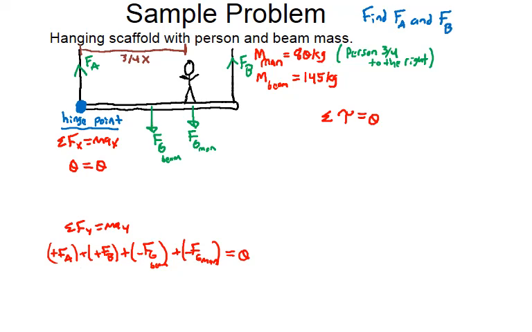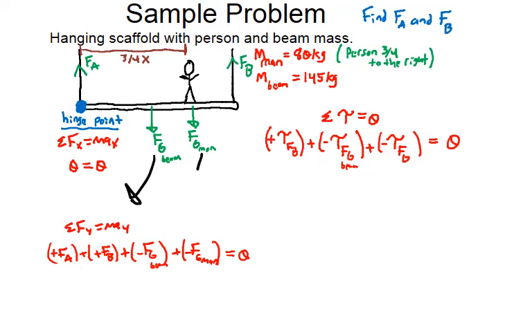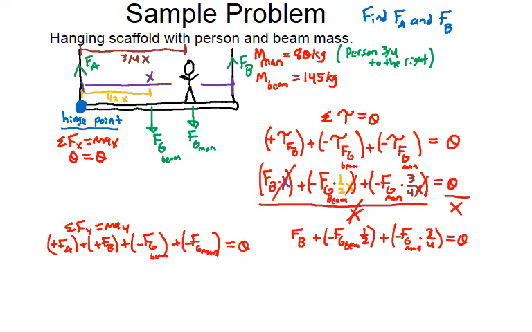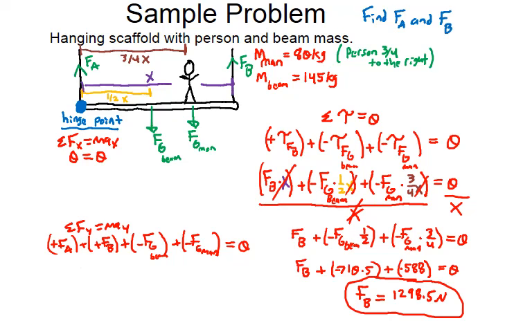Okay, so if you chose the hinge point here, your torques would be based on this. The beam as well as the man cause a clockwise torque. The force FB over here causes a counterclockwise torque. For FB, we've got X, the full length there, the beam is half of the way, and then the man is 3/4 of the way. You could use L if you wanted to, but if you kept it in terms of X, you'd have that. You cancel X from both sides. And FB is